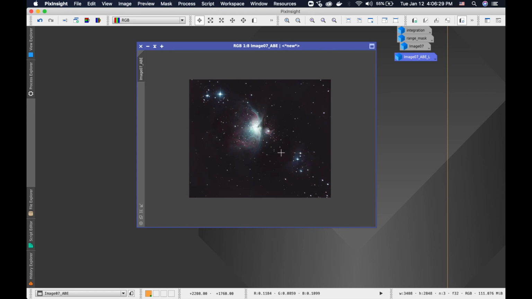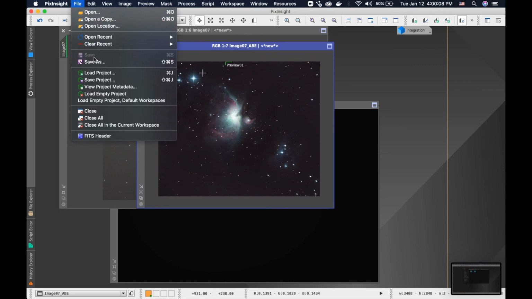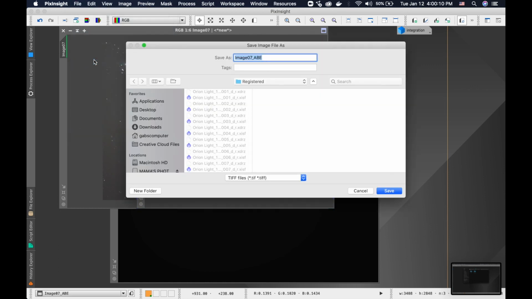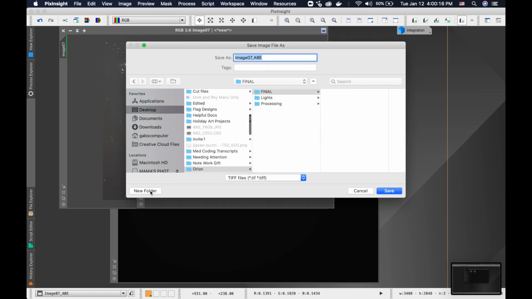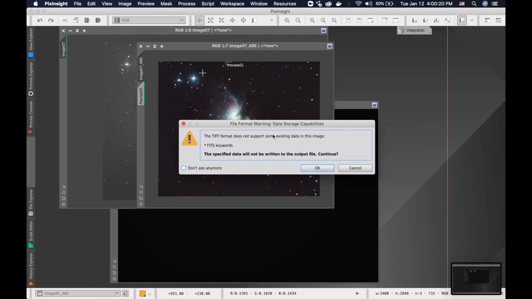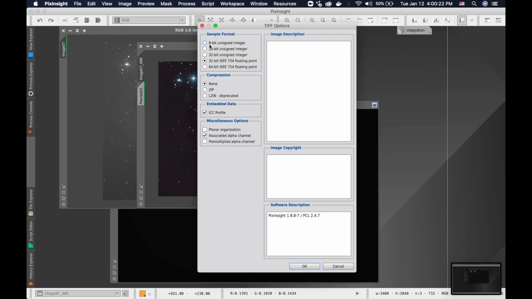So obviously the next thing that we have to do is save it. So we're going to save it as a TIFF file. Name it whatever you want. I usually create another folder as final. Save it as a TIFF. Save. Yes. Okay. So you want to make sure that it's as a 16-bit unsigned integer,